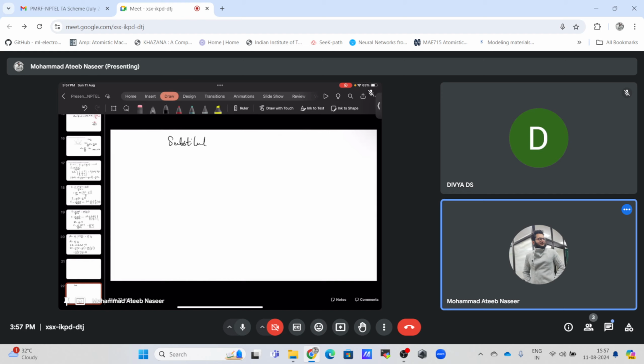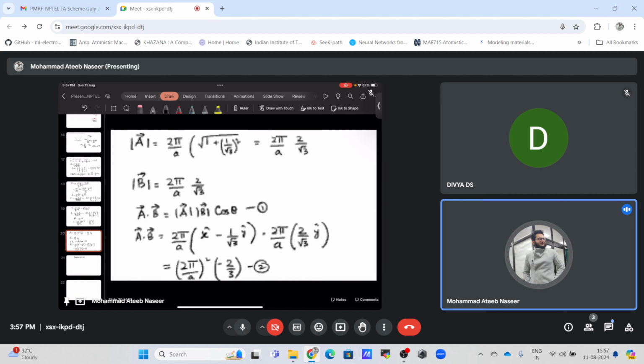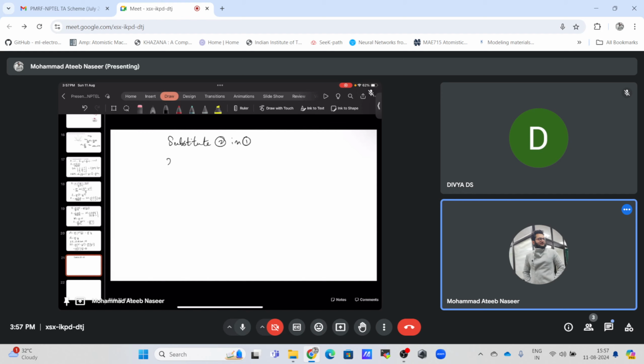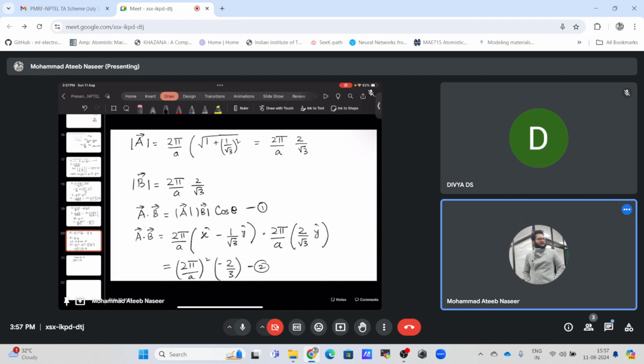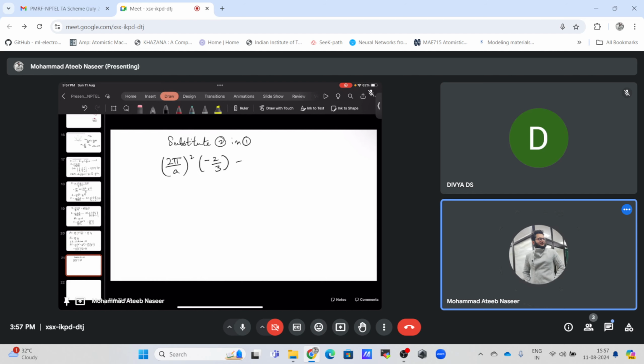So if we substitute 2 in 1, it will be 2 pi by a whole square times minus 2 by 3 is simply equal to 2 pi by a,